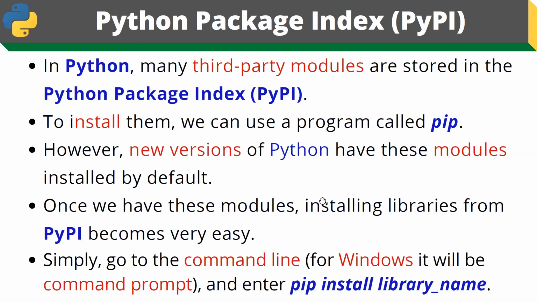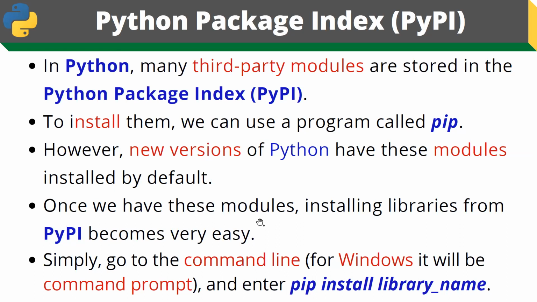Then finally, coming to third party package installation using the Python Package Index, simply called PyPI. So in Python, many third party modules are stored in the Python Package Index. To install them, we can use a program called pip. However, new versions of Python have these modules installed by default. Once we have these modules, installing libraries from